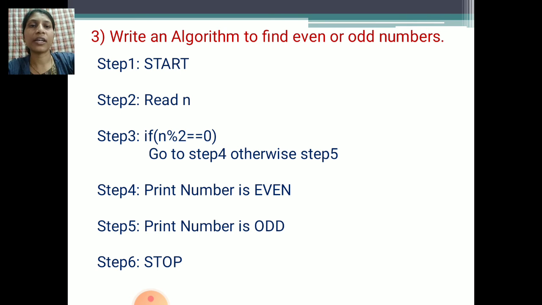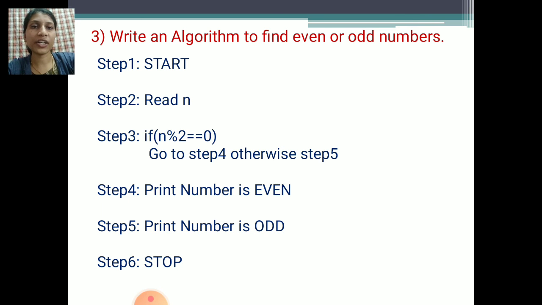If I have given the input 3, is 3 divided by 2 remainder equal to 0? No, because 3 is not divisible by 2. If you divide 3 by 2, the remainder comes 1: 2 ones are 2, so 3 minus 2 is 1. So the remainder is 1.